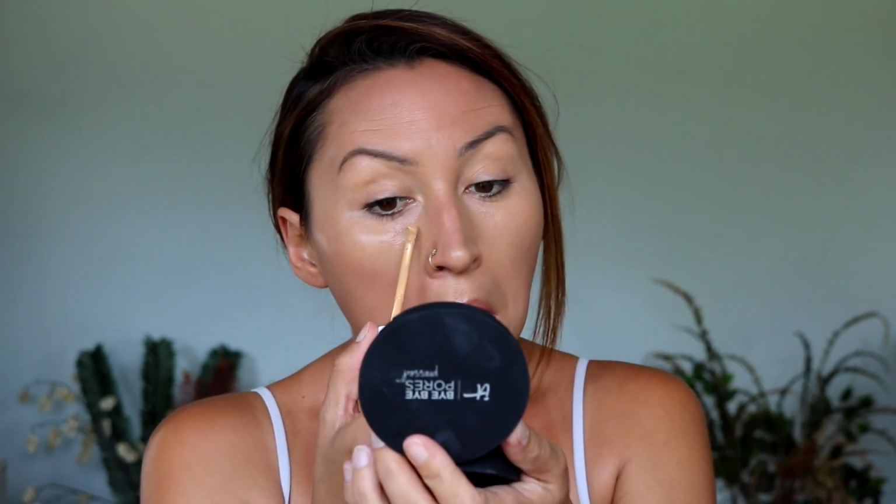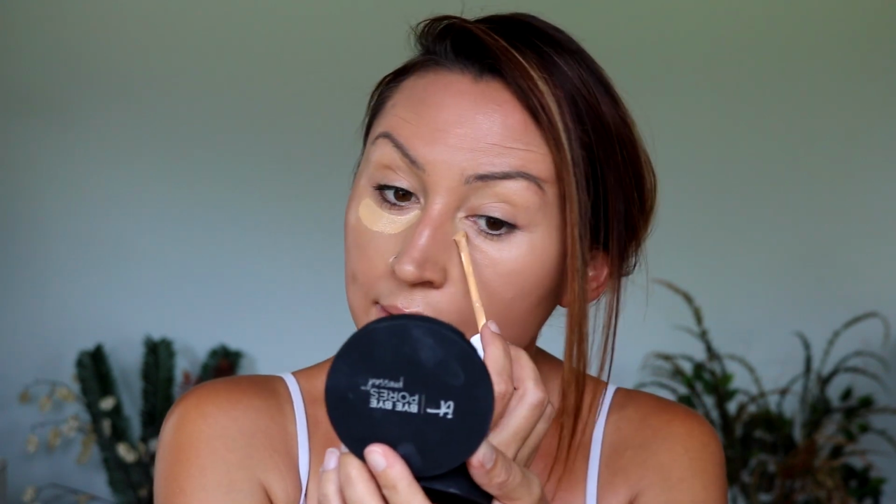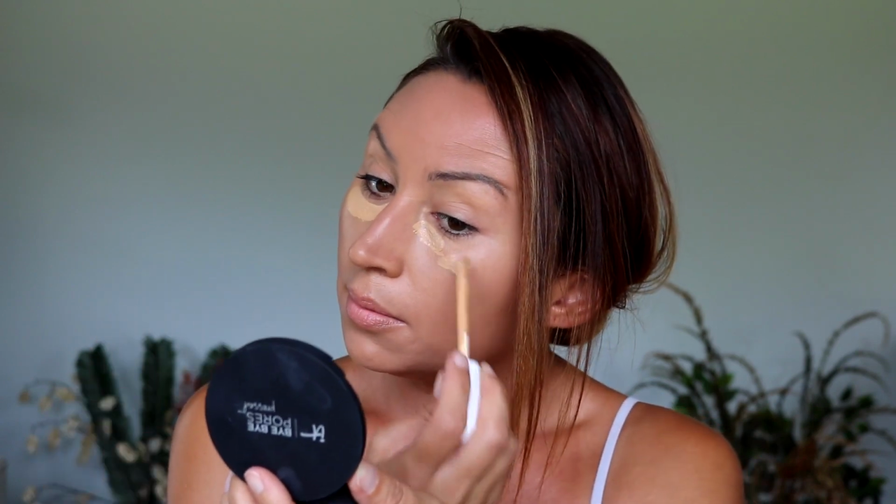Is this full coverage achievable or not? I think it is with a sponge, a different sponge. I don't think it is with the applicator. Over here, we don't even really need a second layer, but just to kind of keep it similar, I'll add a little bit more. Let's throw some on